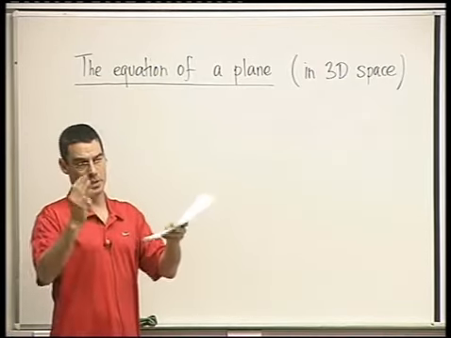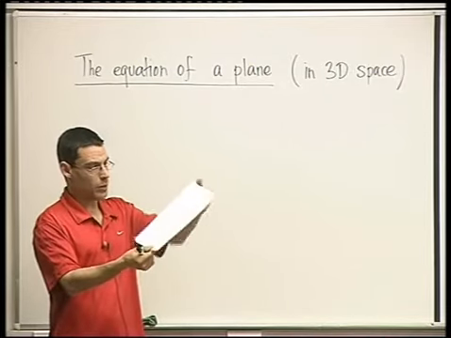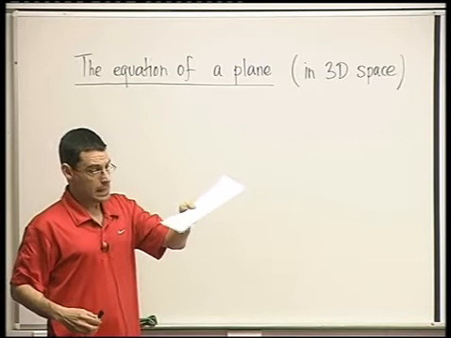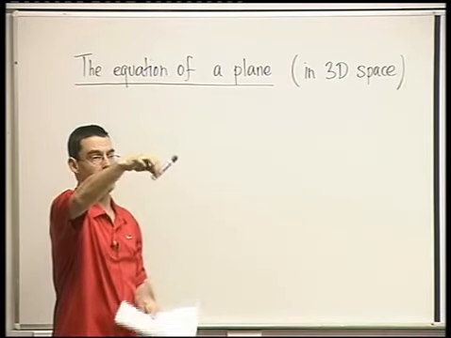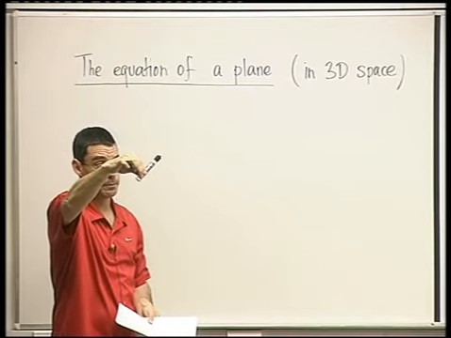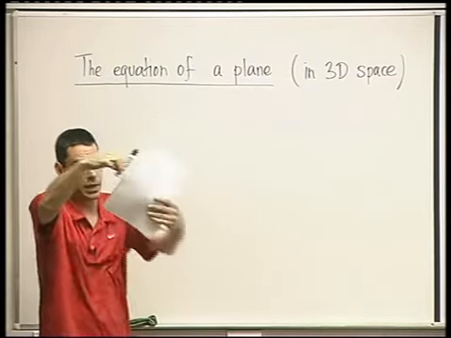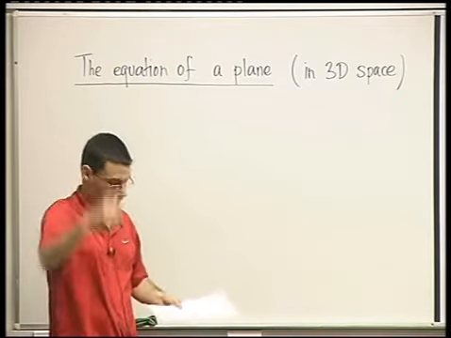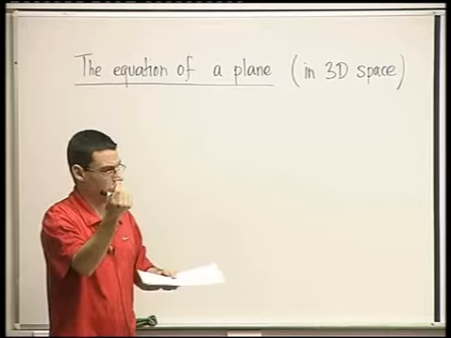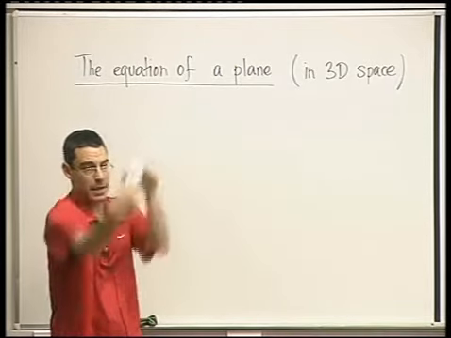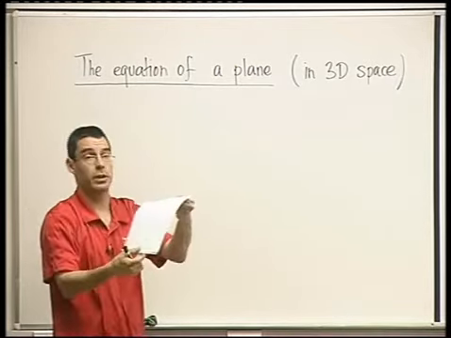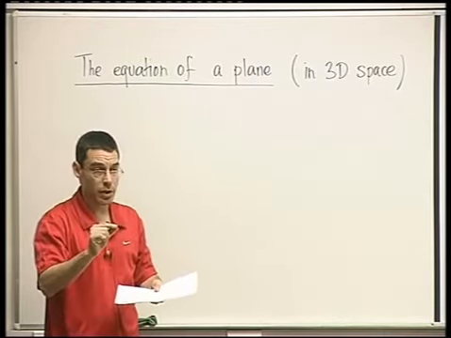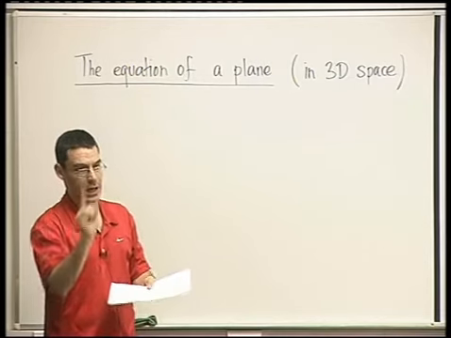So what determines a plane? Okay, how do I prescribe a given plane? Okay, what do I have to say about it? Is a vector enough to prescribe a plane? If I give you a vector, does it determine a plane? The answer is no. There are many planes that this vector is on, right? Do you agree? Okay. If I give you a point, does it determine a plane? Of course not. There are many, many planes through a given point. Do you agree? So the claim is that if I give you a vector and a point, then it prescribes